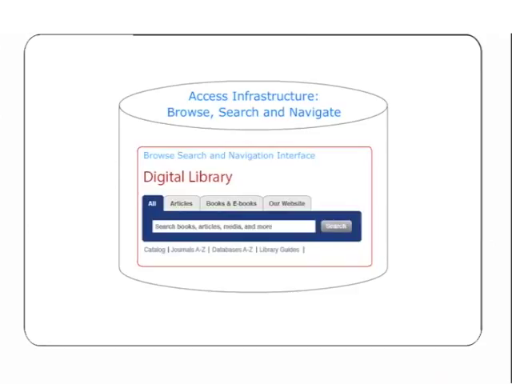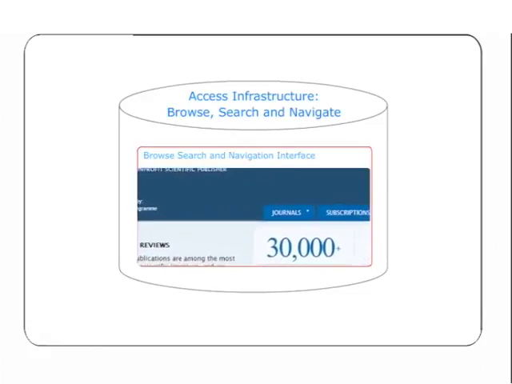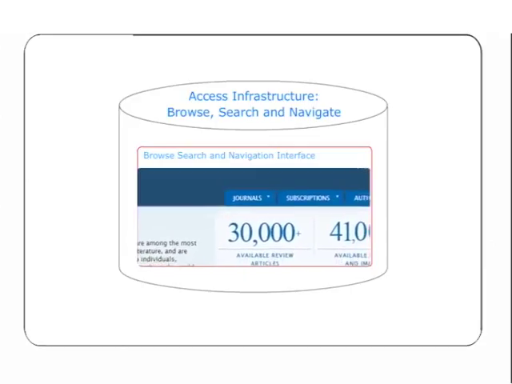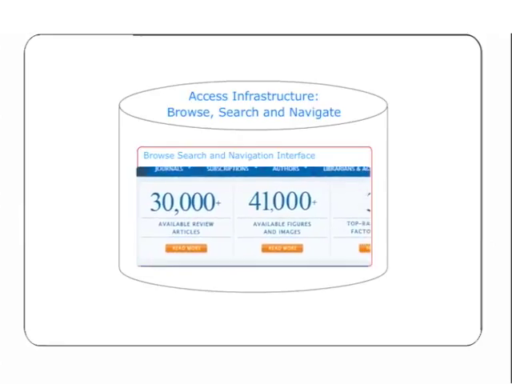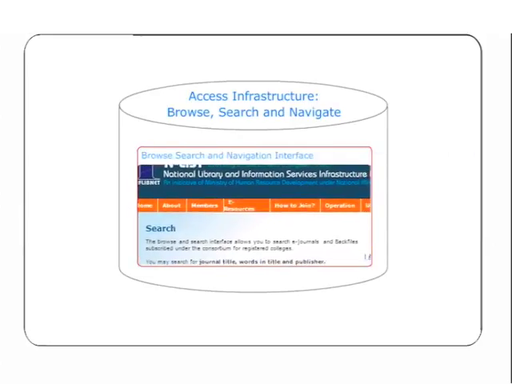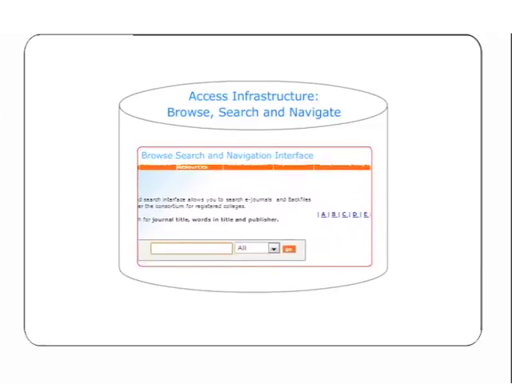Access infrastructure, that is browse, search and navigation interfaces of a digital library. Users interact with the digital library using its search interface, which typically supports browsing, searching and navigation. The search interface provides a visual window for users to search and browse relevant information stored in a digital resource and to display it. Most digital libraries support searching with varying degrees of capabilities, ranging from simple search to advanced